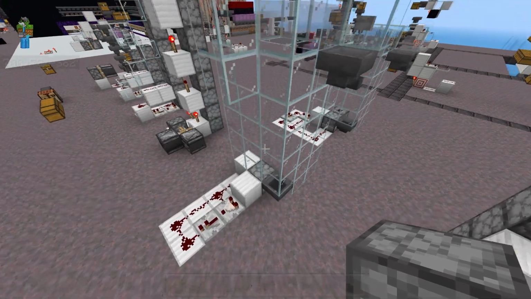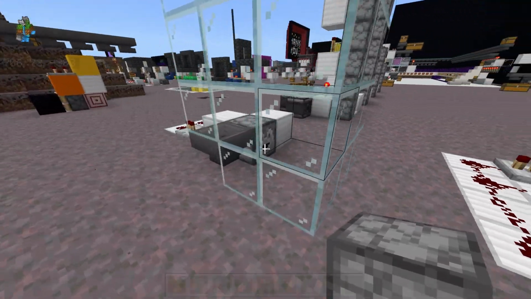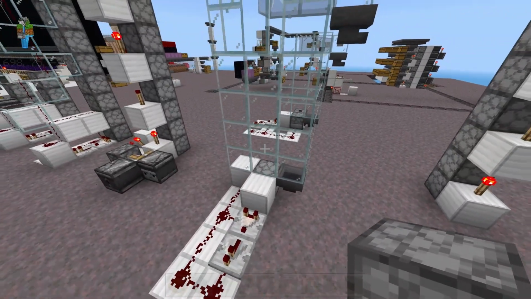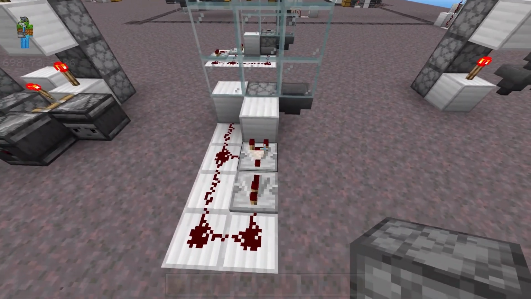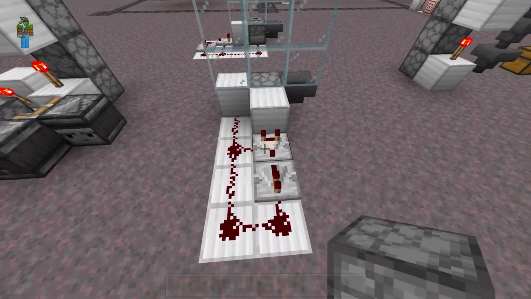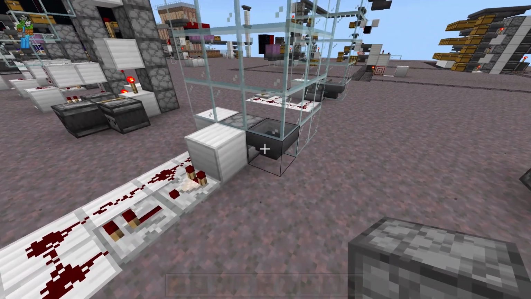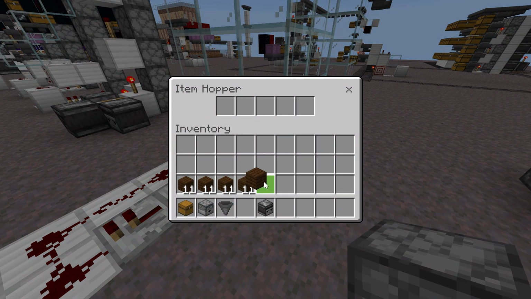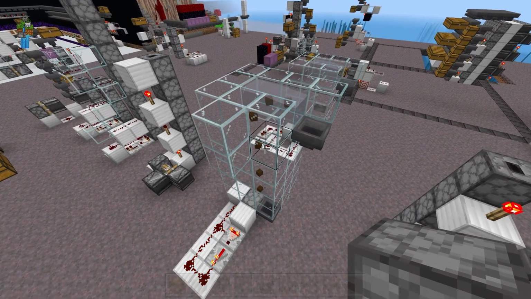If you would like to do something similar to a bubble elevator, you can make one of these. Now I don't really know what to call this, but if you make a 3x3 tower of solid blocks, they don't have to be glass, I just use glass so you can actually see the items. If you use a dropper to spit items inside of that tower, the item physics will actually cause the items to go up through the blocks. So if we throw some items in here, you can actually see how this works.